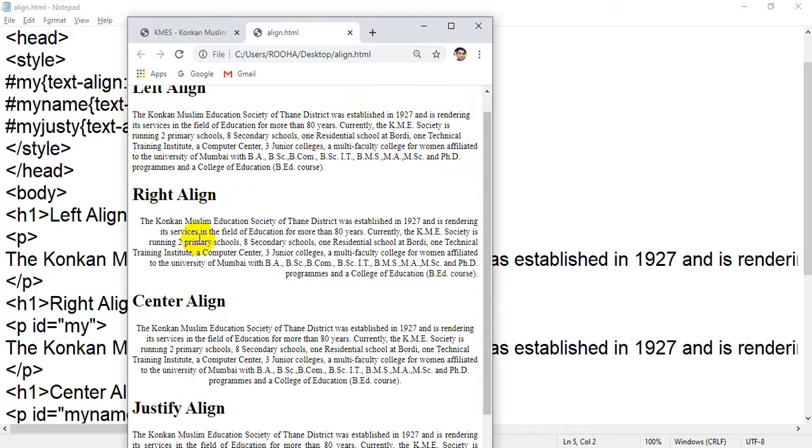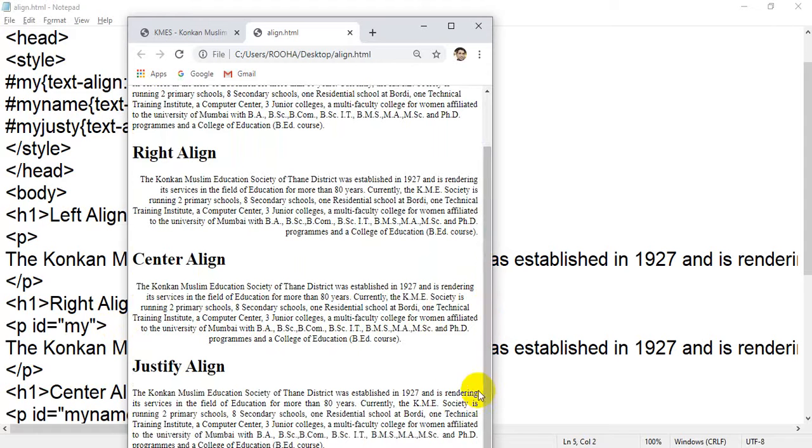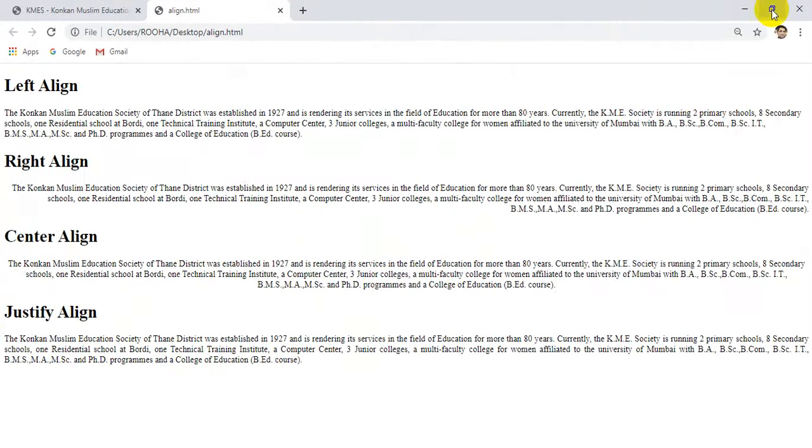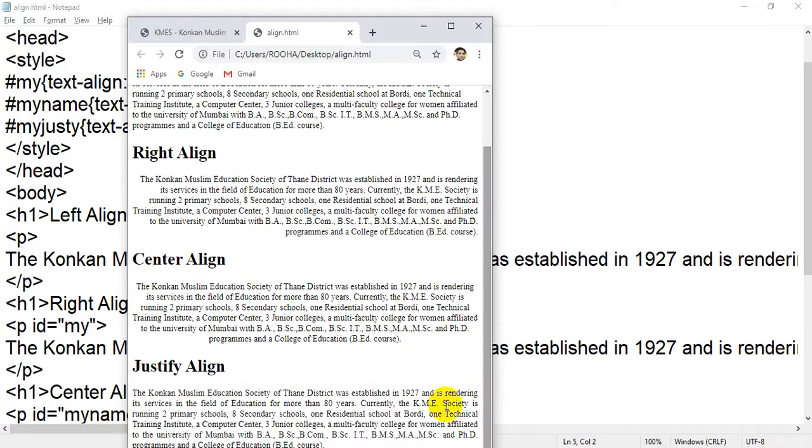In the same way, in right align it is not aligned on the left because it's aligned on the right. In the same way, if you see center, all the rows are aligned in the center, no left, no right. But if you see justify, it's aligned from left as well as from right.